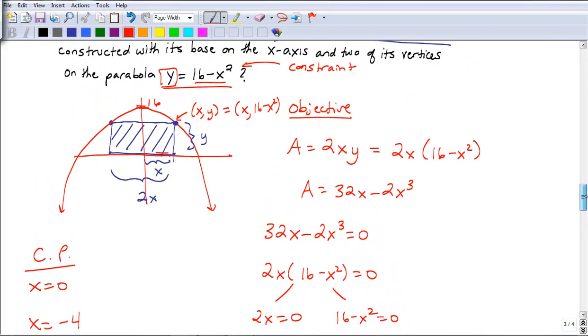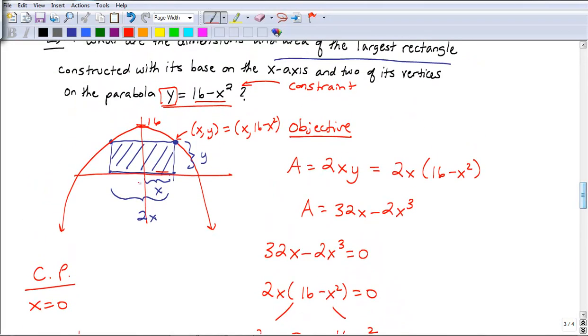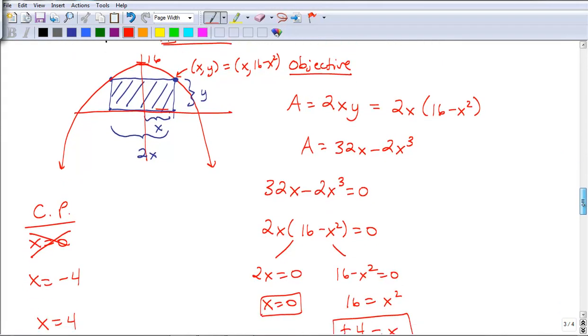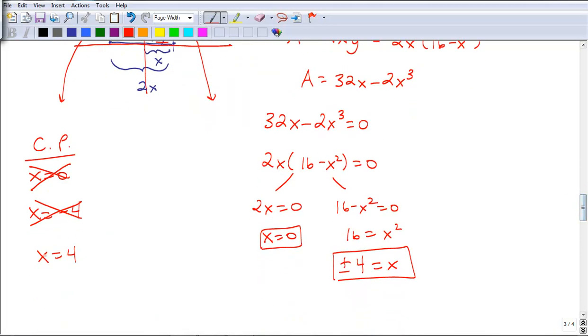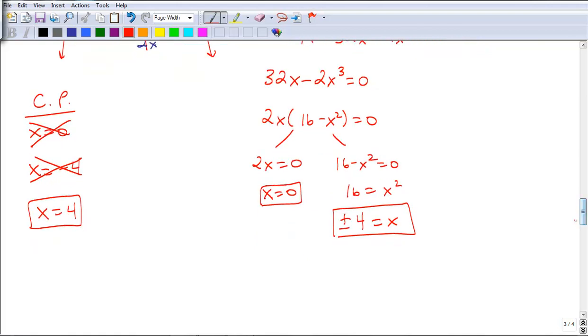Now notice very quickly that if I'm thinking of the x value as how far I move in the positive direction, x can't be 0. If x was 0, I'd have no rectangle. That would be the minimum area, which would be 0. And I don't want to think of x as being a negative number. I want to think of x as how far out I move on the axis. So 4 is the critical point that works. So I know that x has to be 4, and that means y, which is 16 minus x squared,